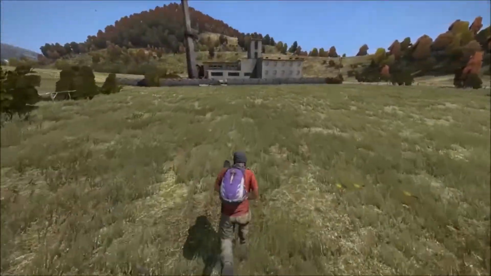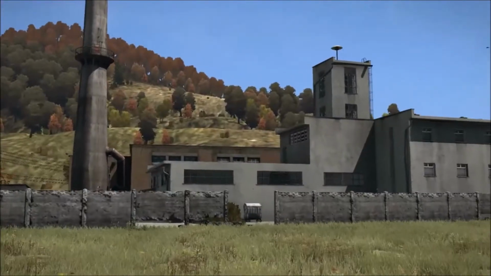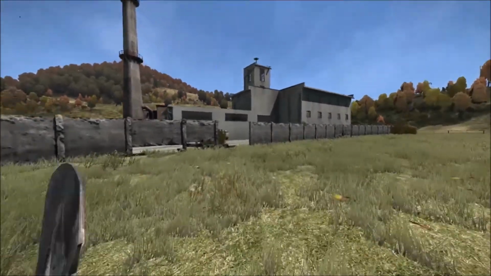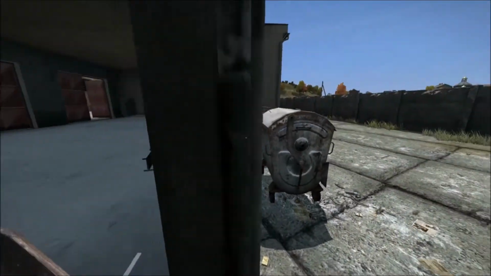Alright, so now we got 2 more stops in this area. We're going to hit this fire station, and then if you look up on the hill over there, there is a house. I want to go check that out, because I've never seen it before. And then we'll be on our way. Alright, let's...